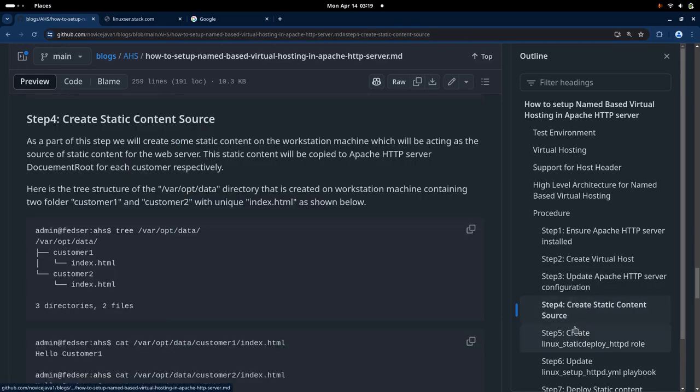Now let us go to our next step, that is step 4, create static content source. As a part of this step, we will be creating static content on our workstation, which will be acting as the source of the static content for the web server. We are going to upload this static content to our Apache HTTP server's document root, which we have defined for each customer. So here is the directory structure for our